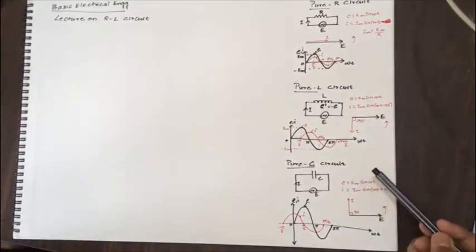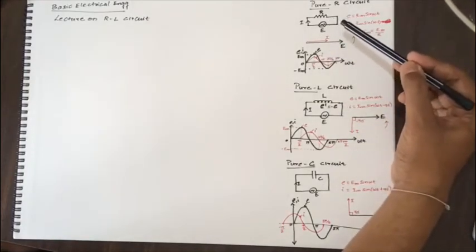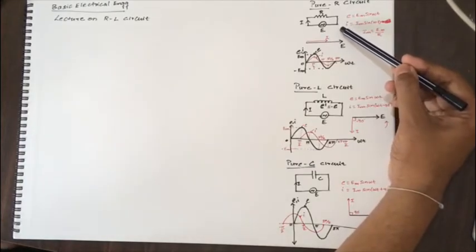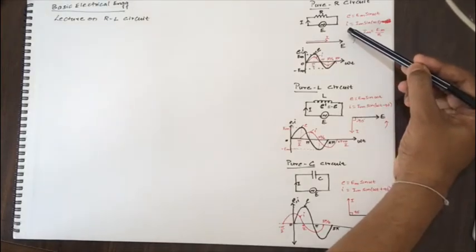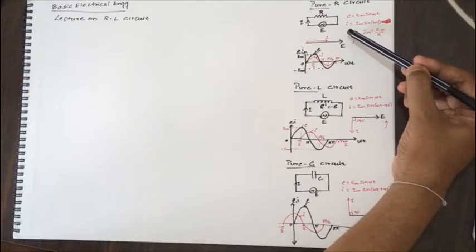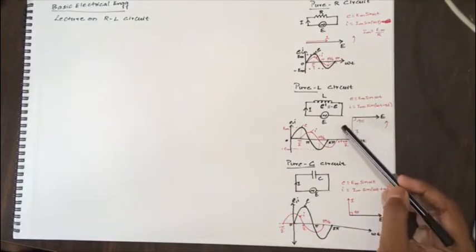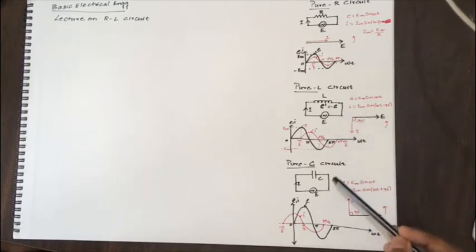Practically it is very difficult to find pure L and pure C, whereas we can find pure R. The example of a pure R circuit is simple, the rheostat we use in our labs, a pure resistive circuit where at the time of fabrication of the resistance wire, the inductance is made 0. But practically it is very difficult to get pure inductance with 0 resistance and pure capacitance